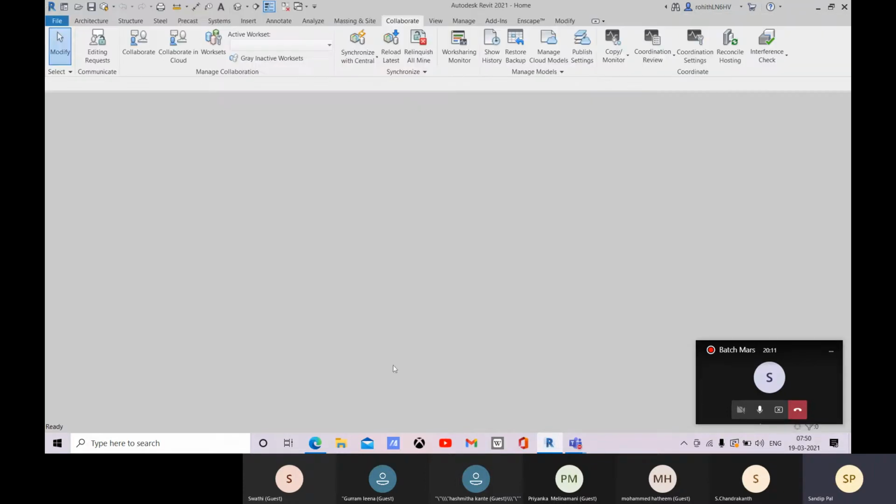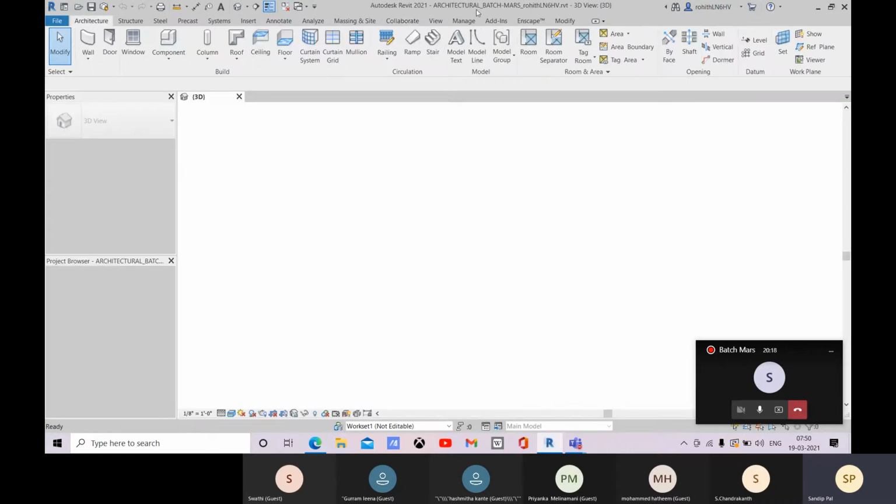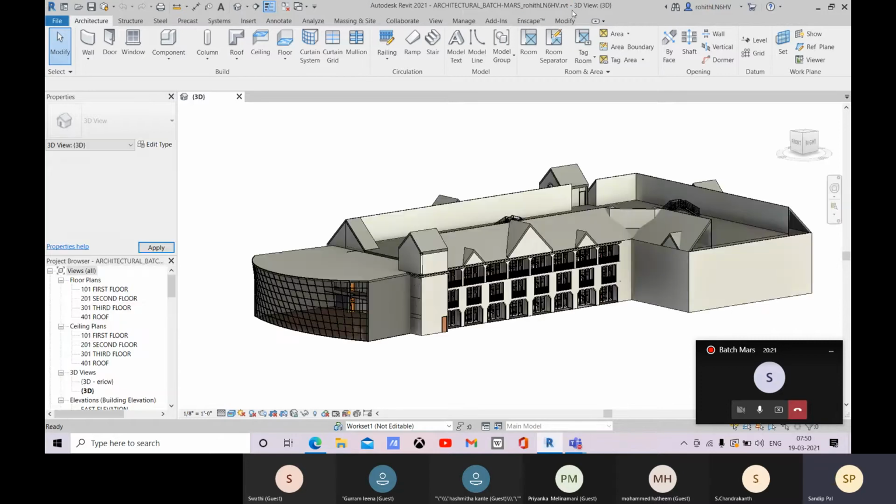Let's click on open now, and here you can see at the top, just look at the name. The central file name is there, and after that, at the last, the username or the local system name is there.